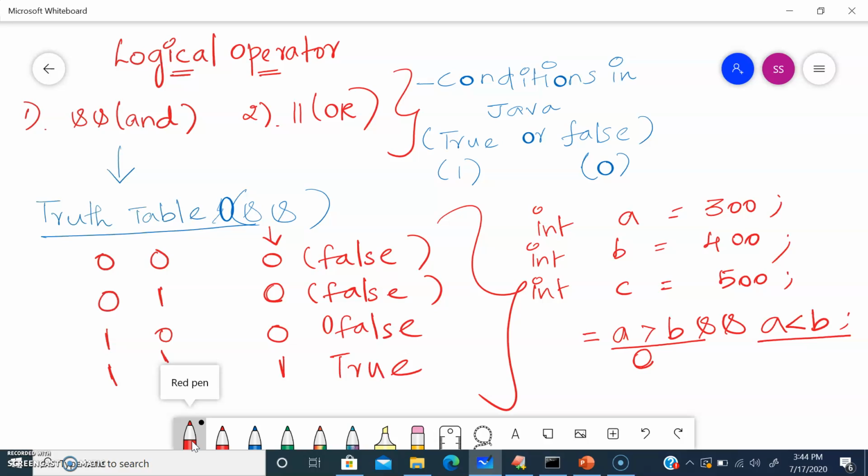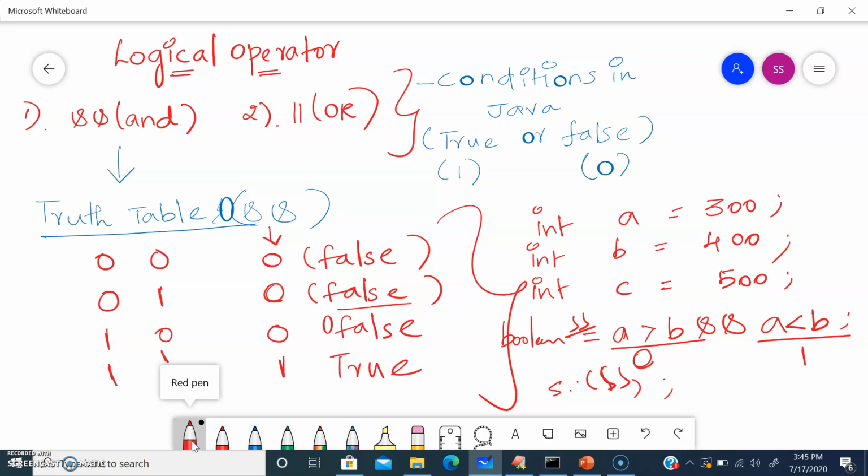A is less than B. What is the value of A? 300. Is 300 less than 400? Yes. It returns 1. So we have 0 and 1, and the result is 0. When I store this in a boolean, say BB, and print it with System.out.println(BB), the 0 and 1 returns false.